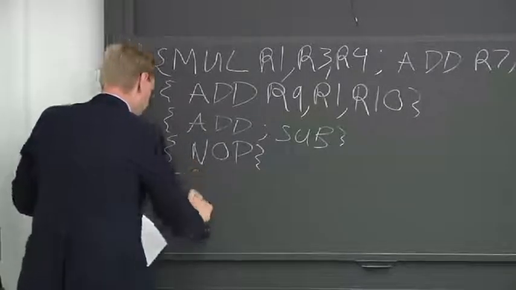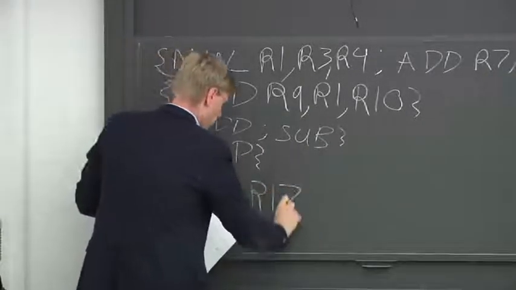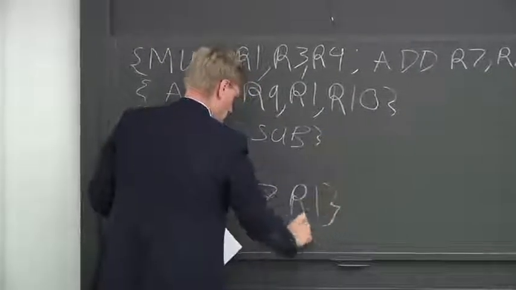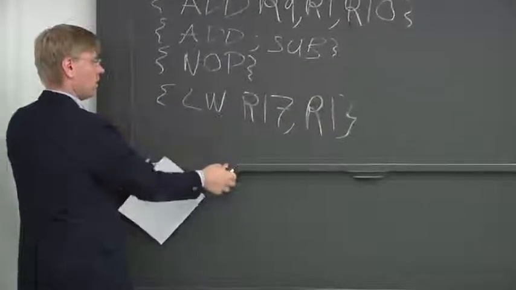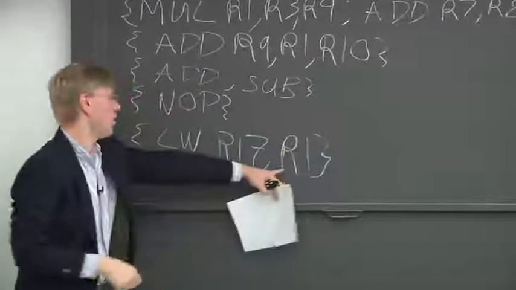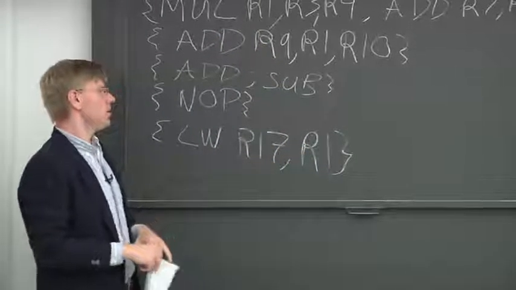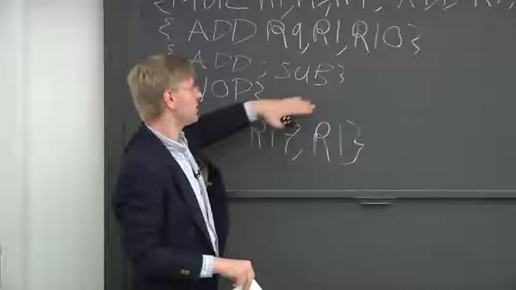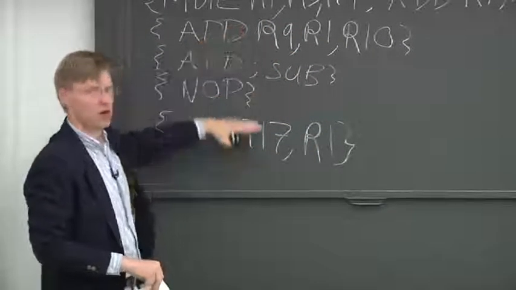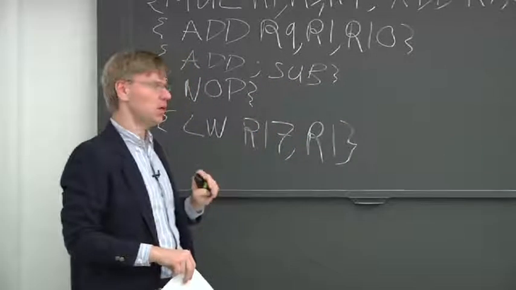And then finally, down here, we have something which does a load of R1 and gets the result of this multiply. So all I'm trying to get across here is this is a scheduling model of what the compiler needs to do and where it needs to place code that we're talking about in these scheduler models. It's not a hardware